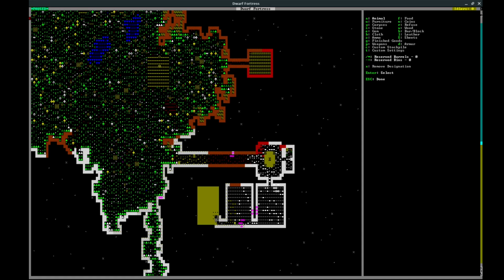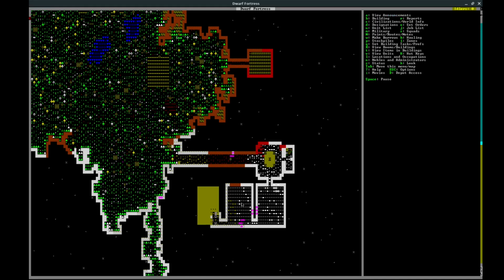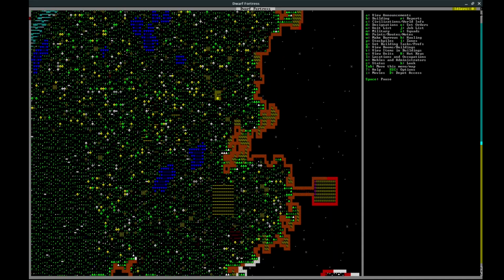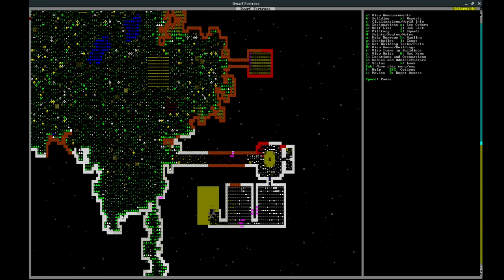Or we can always just make another finished goods stockpile down here if we want. Boom. Done. So now they're going to start dragging things over into here, where the finished goods stockpile is, from the wagon. So they'll be bringing a whole bunch of stuff from there. So you can see,